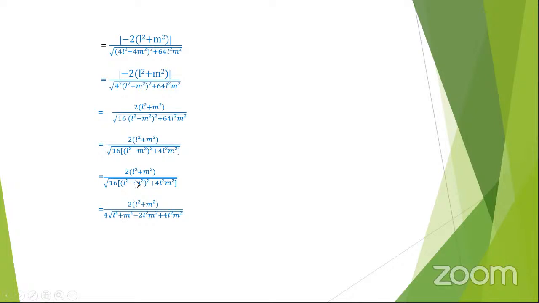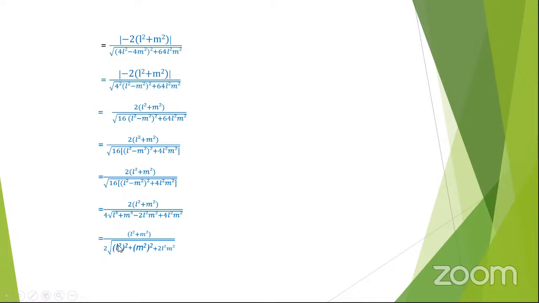Therefore, (L²) whole squared is L to the power of 4, (M²) whole squared is M to the power of 4, plus M to the power of 4 minus 2 into L² plus M² plus 4L²M². That is L² plus N². This will get cancelled. In the numerator we have 2, in the denominator we have 4, that is 2 times 1 and 2 times 2. So we get L² plus N² by 2 into under root of L